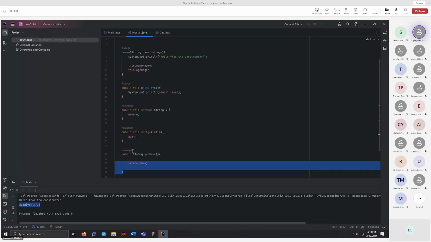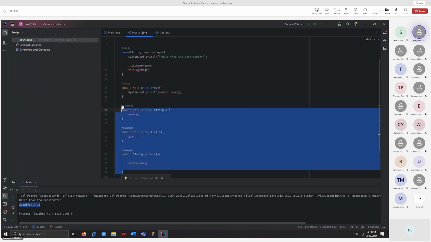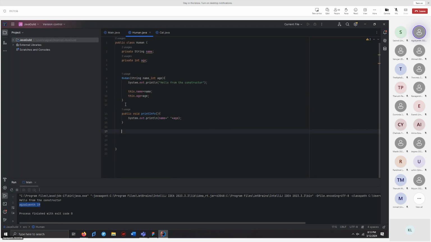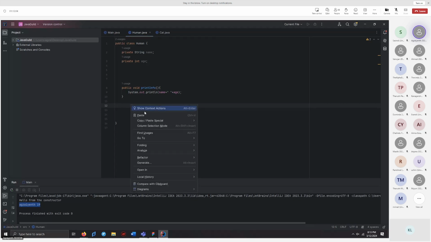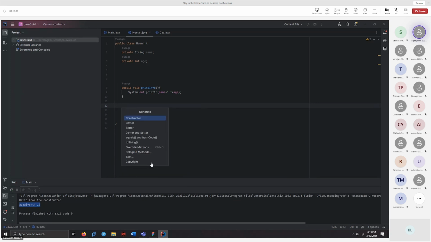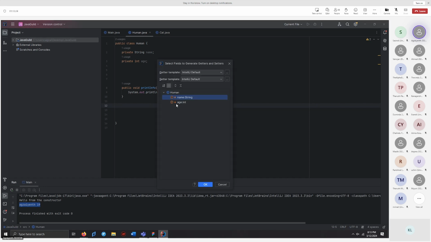Let me show how to create getters and setters in the simplest way. The easiest way in IntelliJ is to right click and choose Generate, or use the shortcut Alt plus Insert. Then you'll see many options. You can generate a constructor, or only a getter, or only a setter, or both getters and setters. Select both of these,